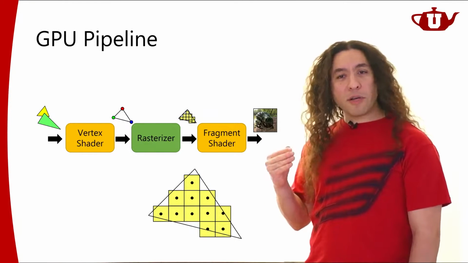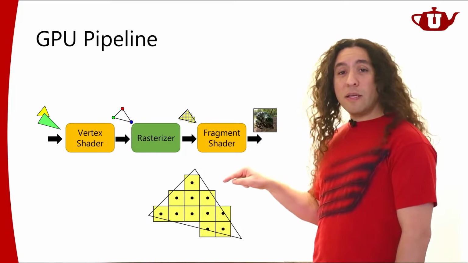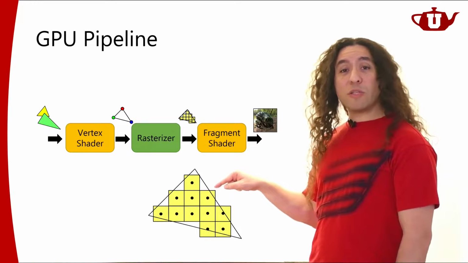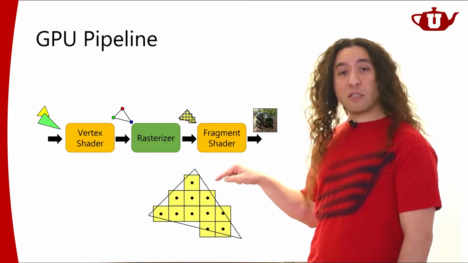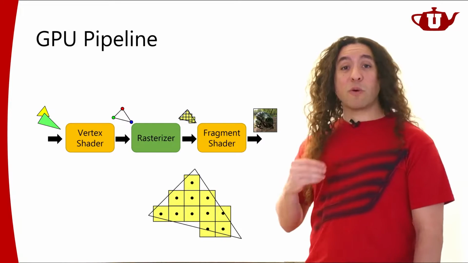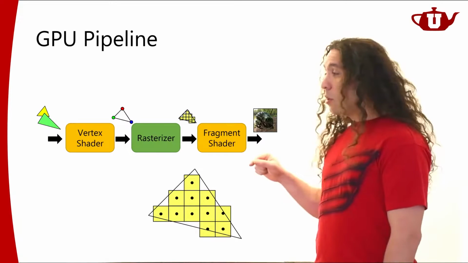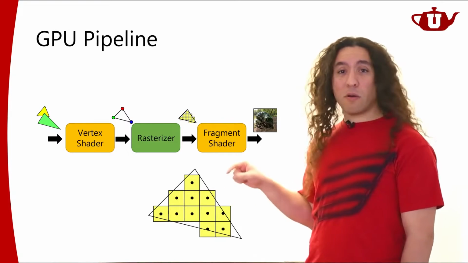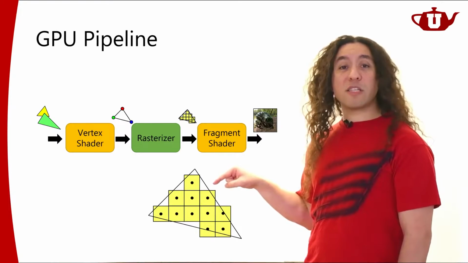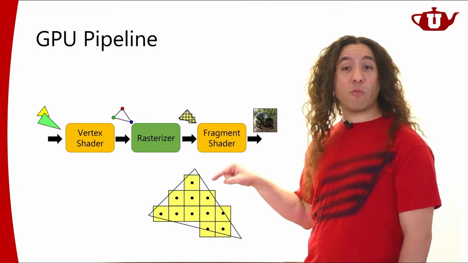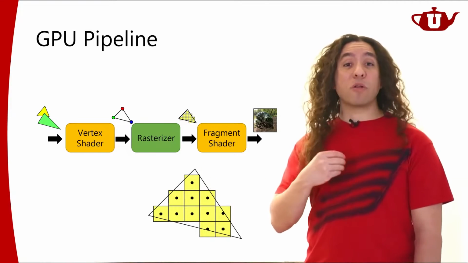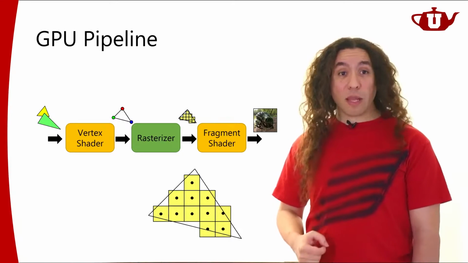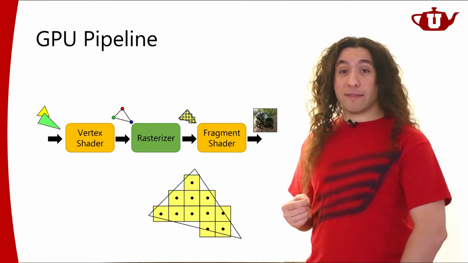But I just want to reiterate one thing here, which is that GPUs will not only do this interpolation for us, not only interpolate those values, GPUs will also compute the screen space derivatives of any value that we want. So if I want to know how much this color value is changing as I go from one pixel to the next, the GPU will compute that for me as well. And to be able to compute that,